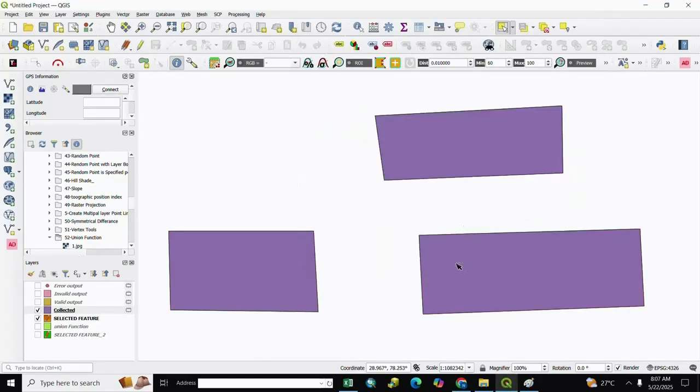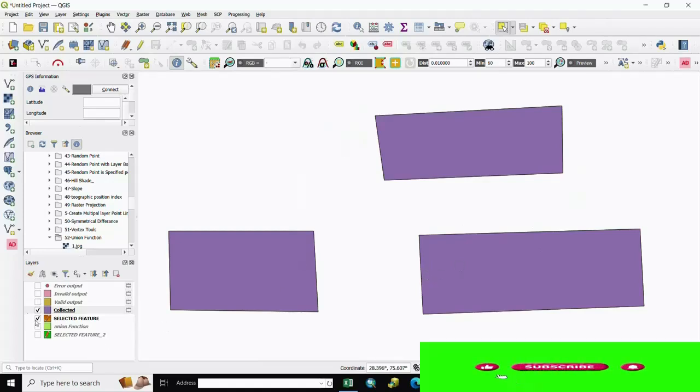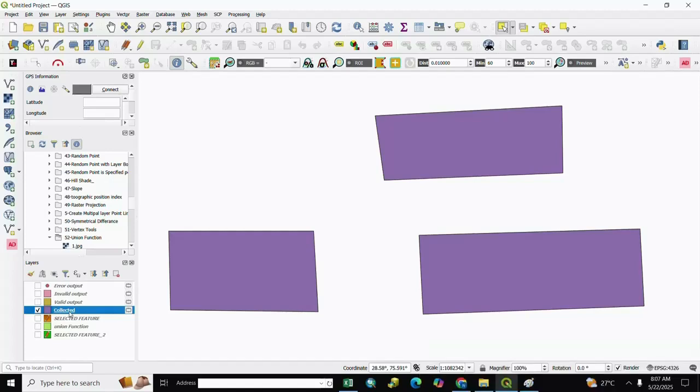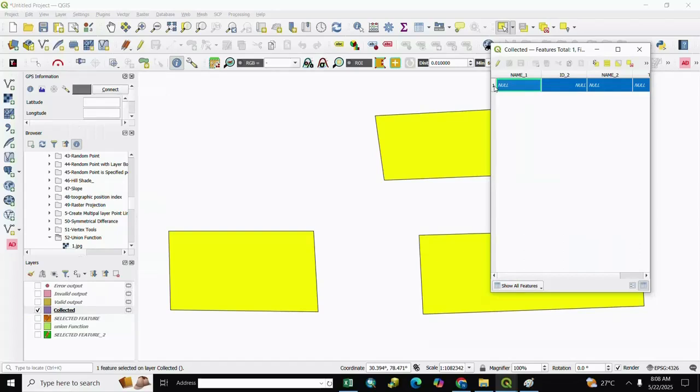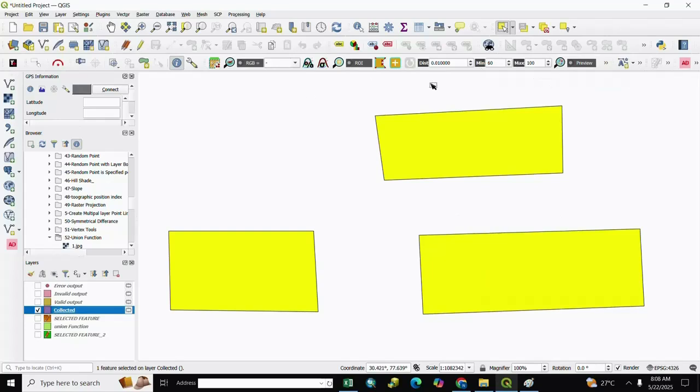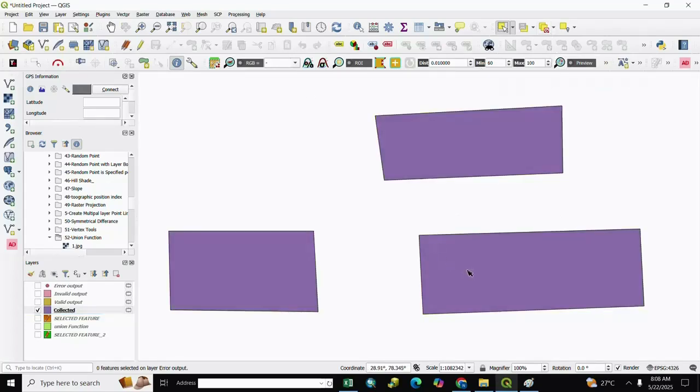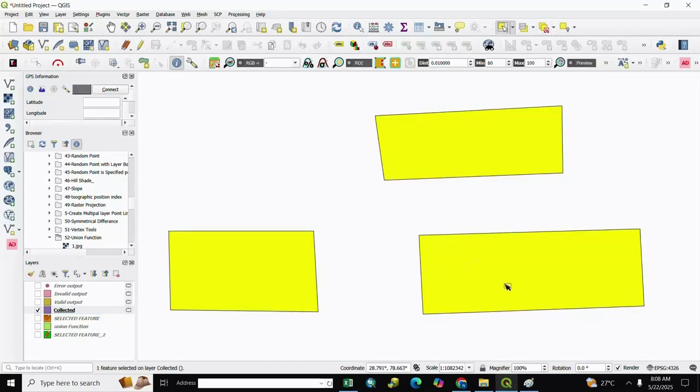You see here the output of collecting geometry. Here is the resulting collected feature, and we right click and open the attribute table. You see here only one layer, and you select one, so you select all features, you unselect it and select it again, and all features are merged into one layer.